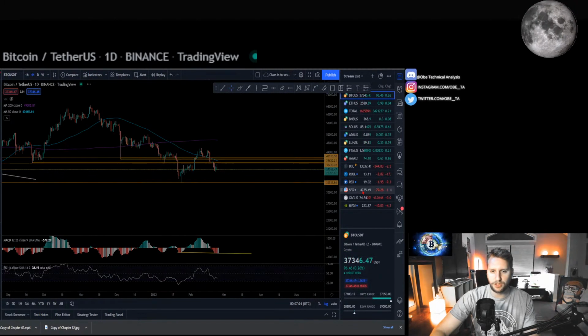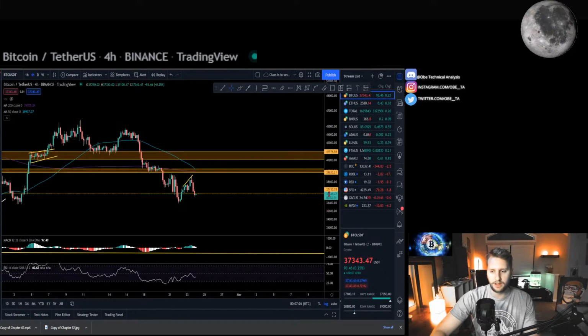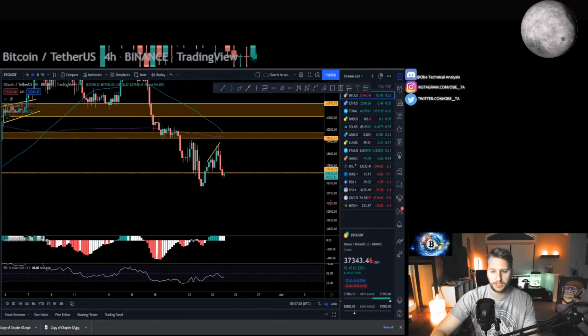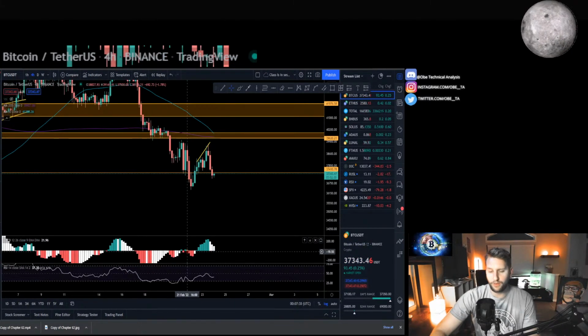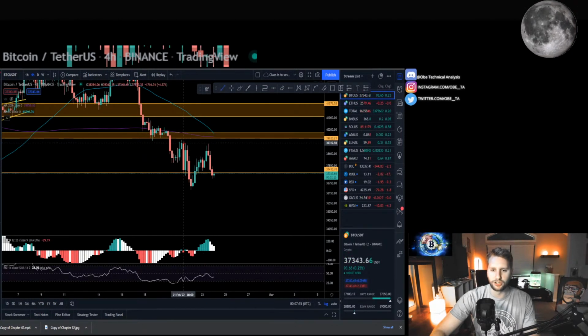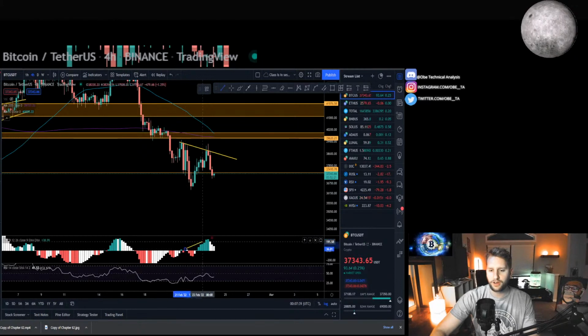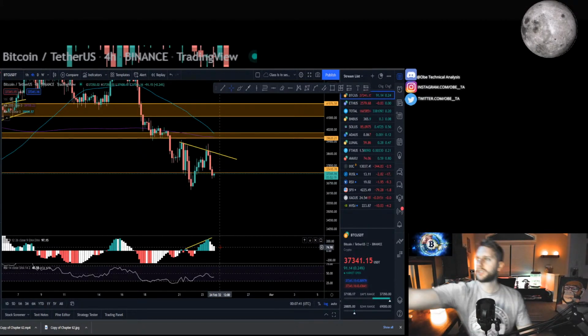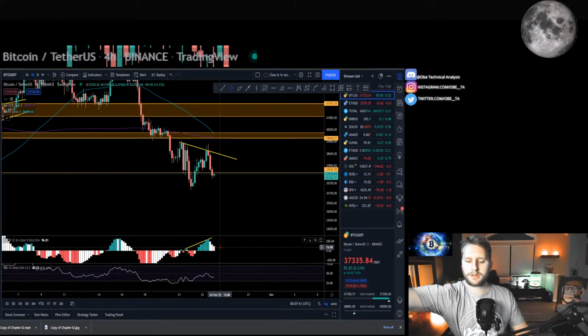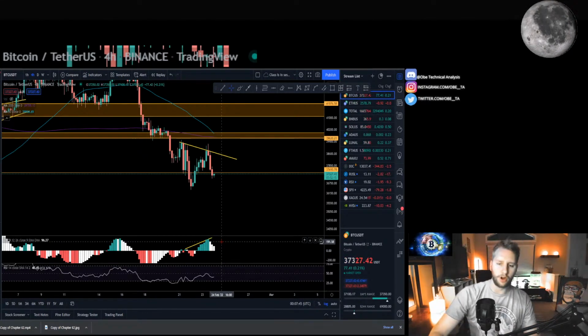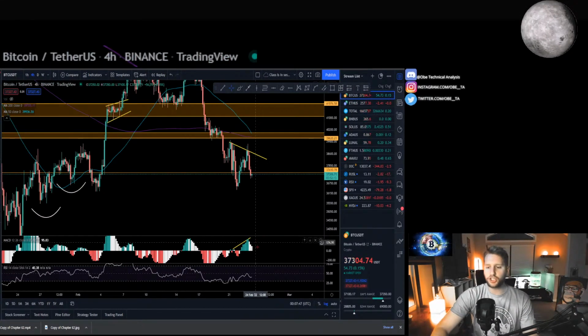And we can move it to the 4 hour just to try and see if it holds any water on a shorter time scale. And on the 4 hour, we can see right here, you have hidden bearish divergence. So you've got the lower high going on, higher high on the oscillators, signaling on the 4 hour continuation to the downside.